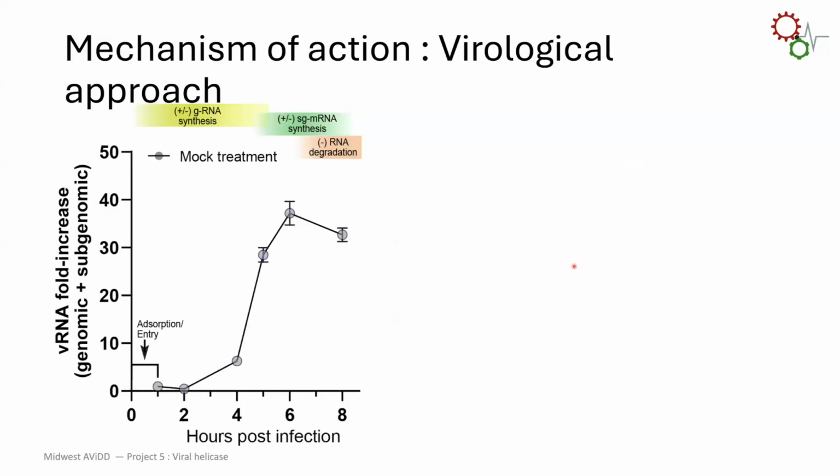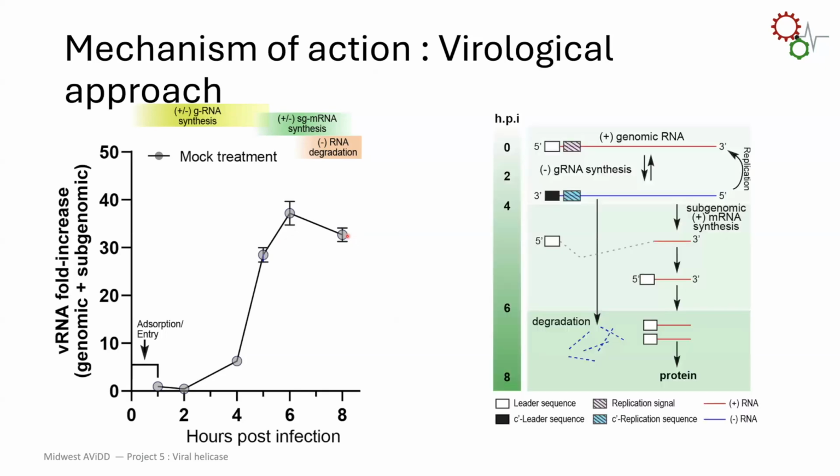But if you look at the viral RNA synthesis, you get a different landscape here. This is without any treatment. You can see a nice increase of the viral RNA. This is real-time PCR data targeting the viral NP gene as our readout. This correlates nicely with the model proposed by Dr. Saruki's group. You can see genomic RNA synthesis early in the replication cycle, and in the middle of it, a lot of messenger RNA synthesis